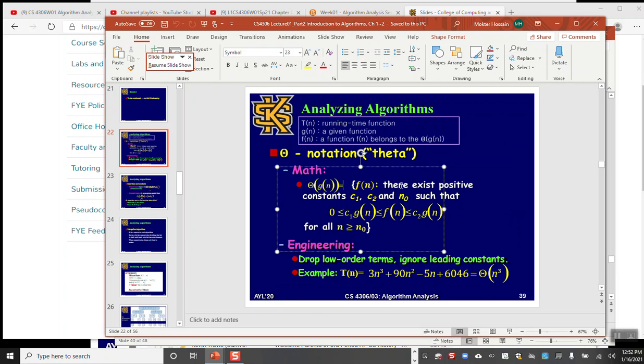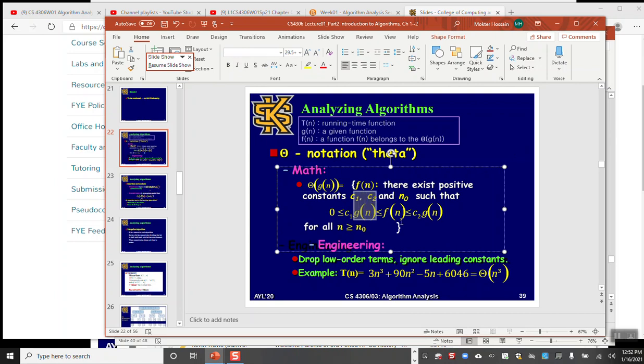Okay, so think about that. It says that if there exist some positive constants c1, c2, and n0. We already have n as a positive number, right? And these are the constants c1, c2, and n0, such that c1 times g of n,